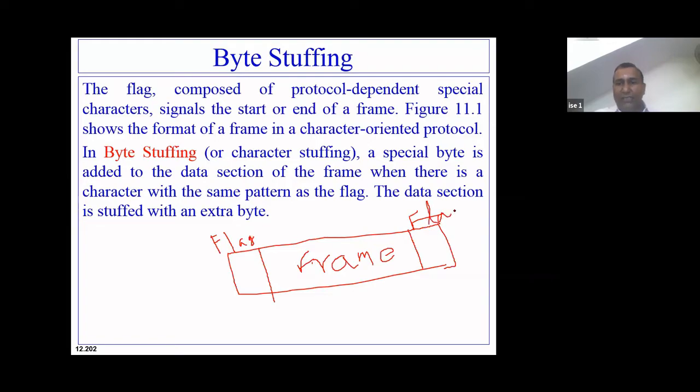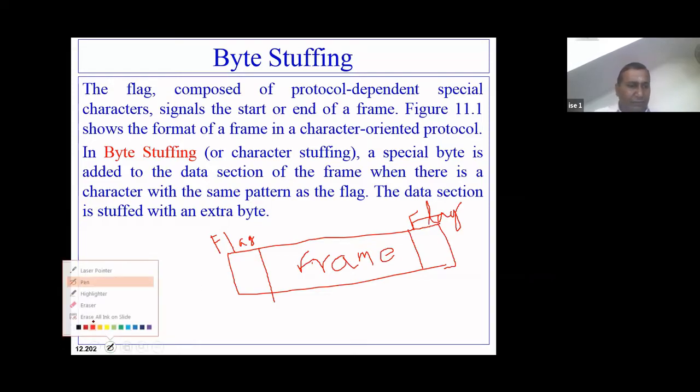Don't read it as FTAG, it is FLAG, because my flag went awkwardly outside. So now I can correct it.